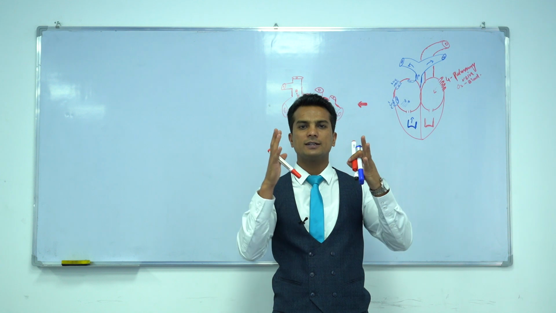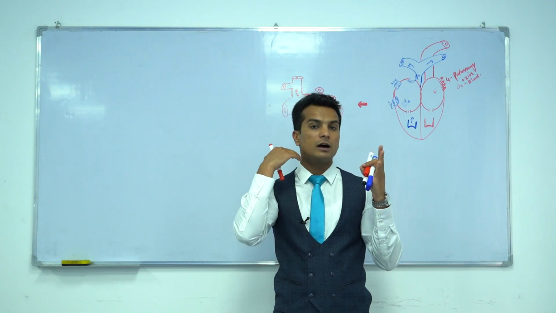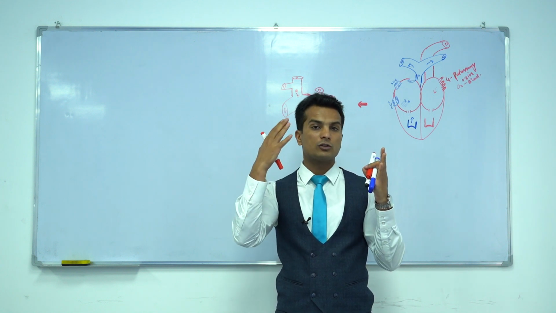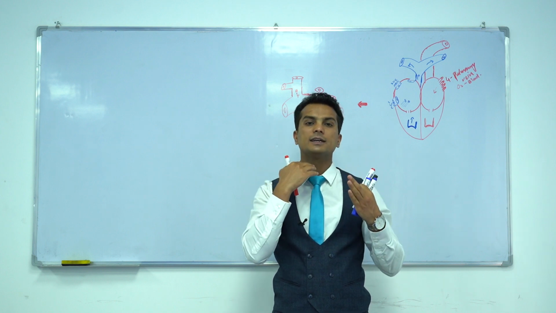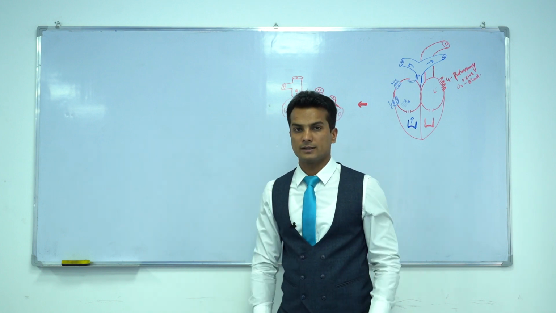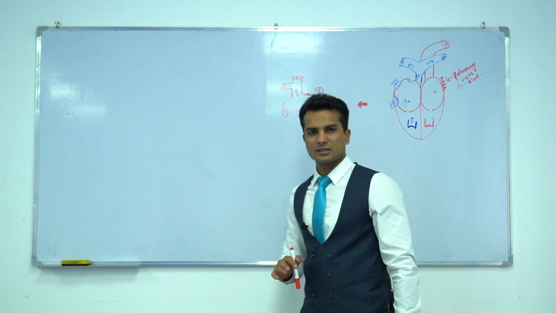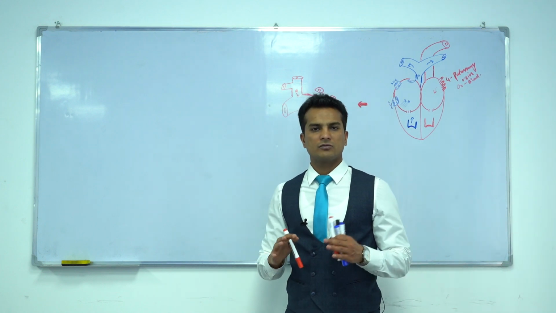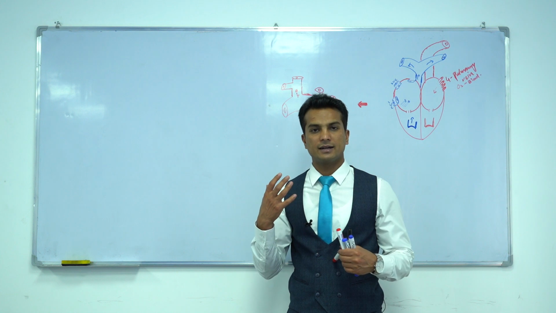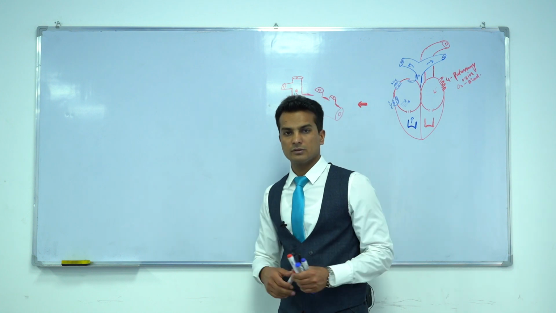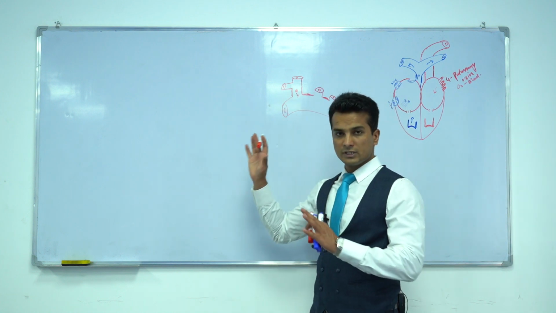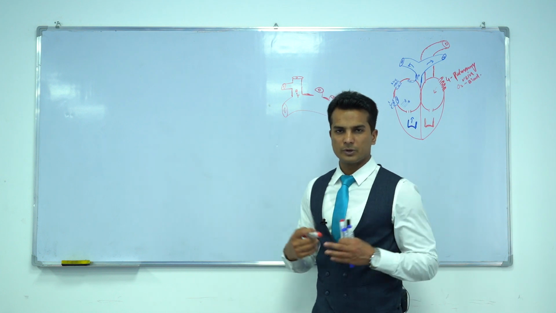Then the common carotid artery divides into the external carotid artery, which supplies your face, and the internal carotid artery, which supplies your brain. We will discuss the internal carotid arteries in detail when we discuss the blood supply of the head and neck, and the circle of Willis. Here we need only the subclavian arteries, which supply your upper limb.